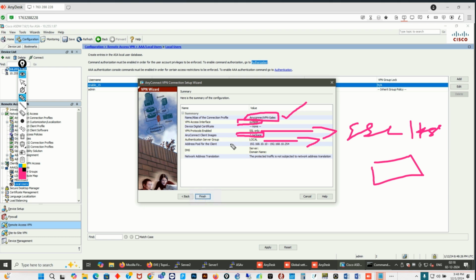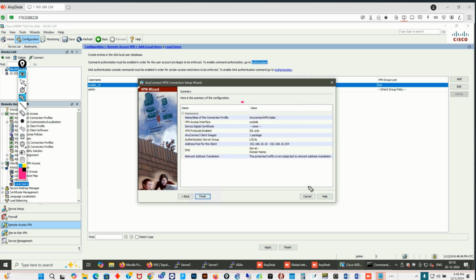And then in addition to that, what IP address range do you want the users to have? So you have it here. What is the DNS information? And the NAT rule, have you exempted them? They shouldn't be subject to any NAT rule. So based on this information, everything here is the way we want it. So now we can confirm that. So we say finish